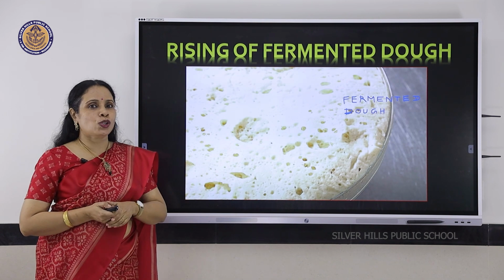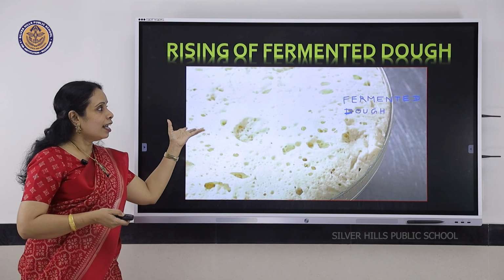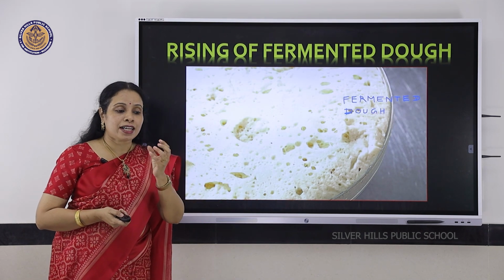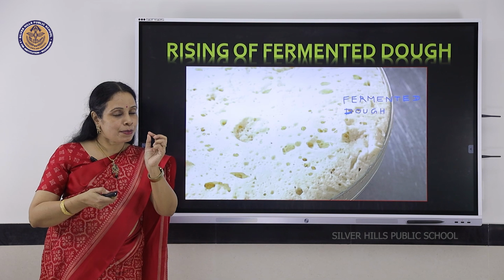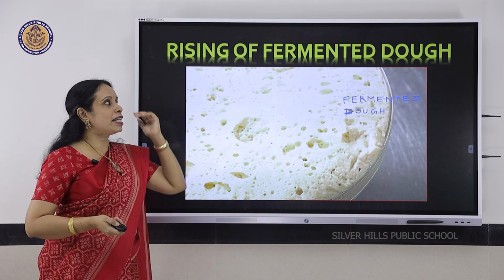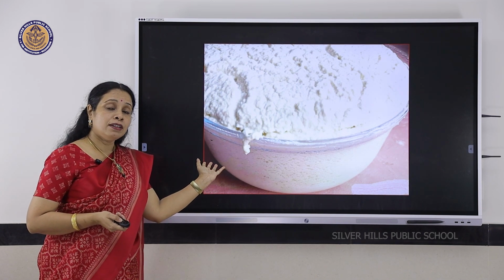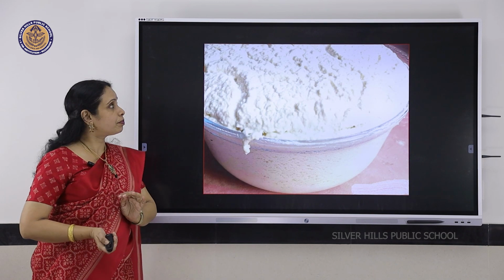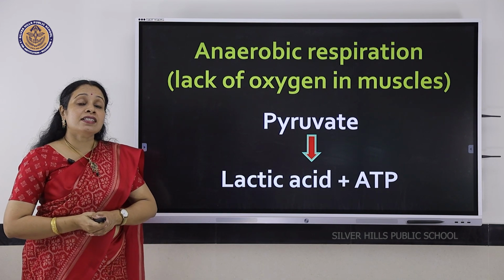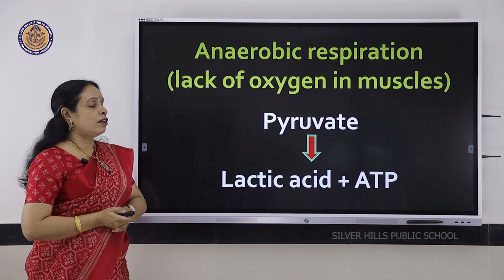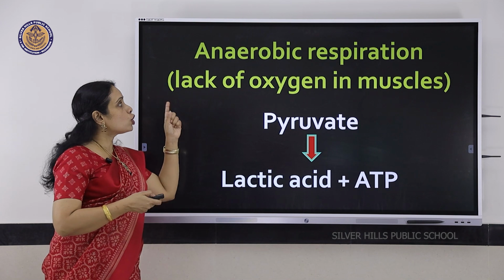I'm sure you have seen this at home when your mother is making idli or appam. The rice mixture, that is rice, coconut, sugar, all ground together, when a pinch of yeast is added, will ferment like this. Sometimes it may even come out of the vessel if you are not careful. By next day it would be scattered all over. So that was fermentation. The second case is anaerobic respiration, which happens in the muscles, maybe even your muscle, because of lack of oxygen.